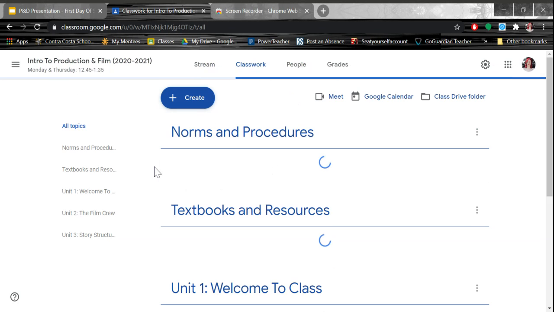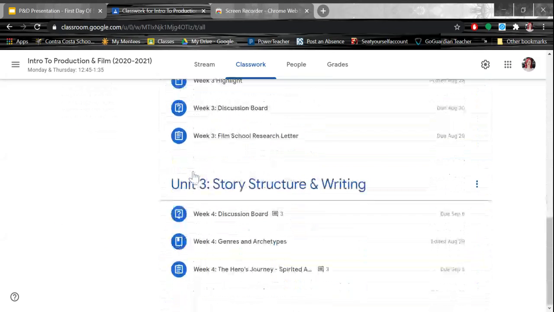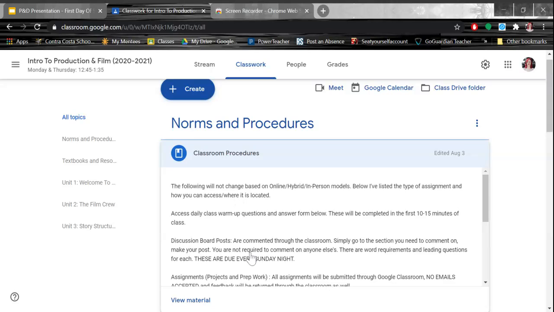So I always suggest that students go in through the classwork tab. I've got stuff broken up into units and different information that they're able to access. Parents aren't able to access this material in the same way, but you should be receiving weekly emails that sort of summarize what I've posted and what is due that week. This is all sort of what your student is seeing. Usually each week is broken up into warm-ups that we do in class. There's 1 per class. Those can be accessed up here through the Norms and Procedures tab under Classroom Procedures.